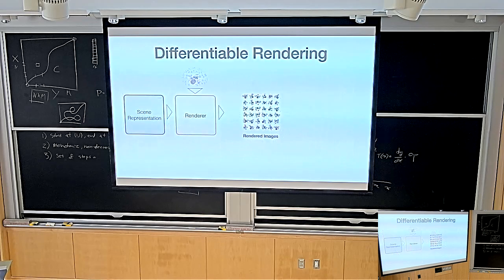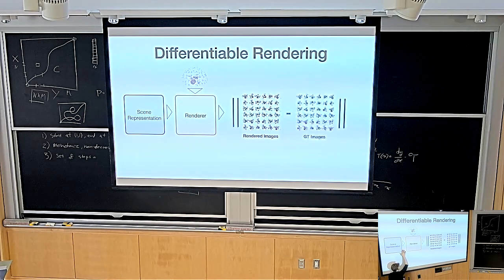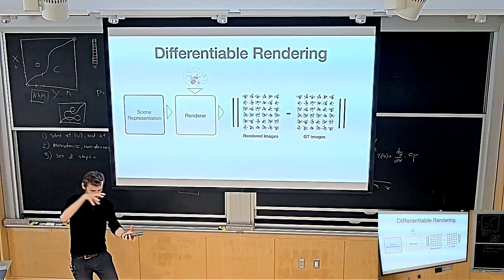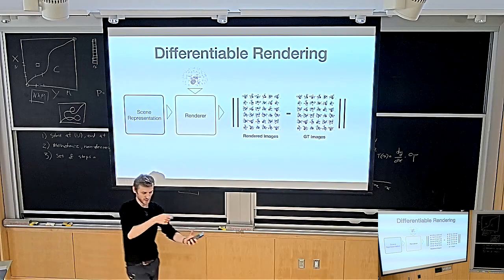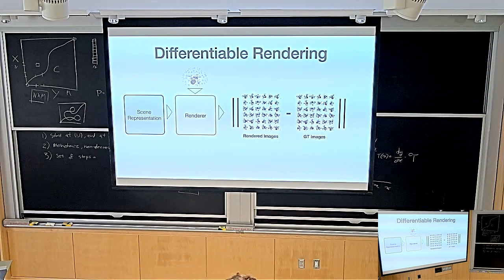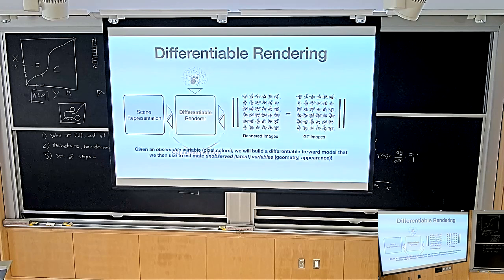Then we talked about the actual differentiable rendering process and the different differentiable renderers. So we said, okay, assume that you have a scene representation. Let's build a differentiable renderer. Assuming that you have the camera poses and the images of a scene, you can use your scene representation and your differentiable renderer to render the scene from exactly these camera angles. Then you compare the renderings to the ground truth images that you captured. You compute a loss, like a reconstruction loss, and then, using differentiable programming, you can optimize the whole thing end to end to fit the 3D scene. So that is the key idea of differentiable rendering. Any questions on that? Please just interrupt if you have any questions.